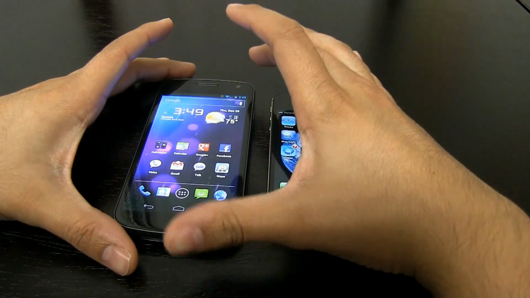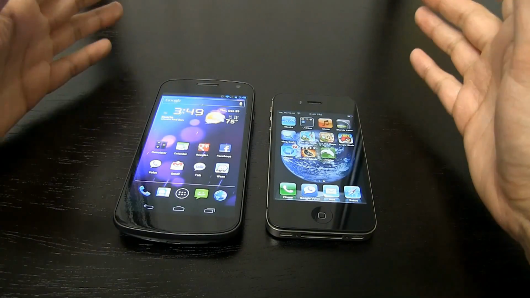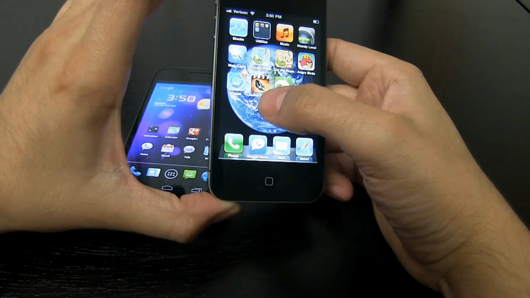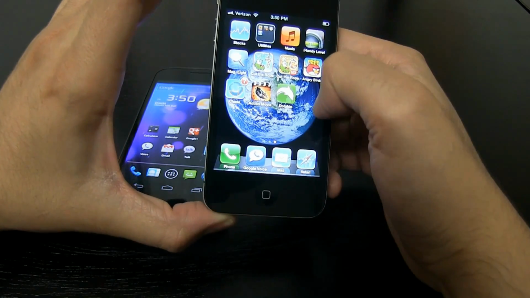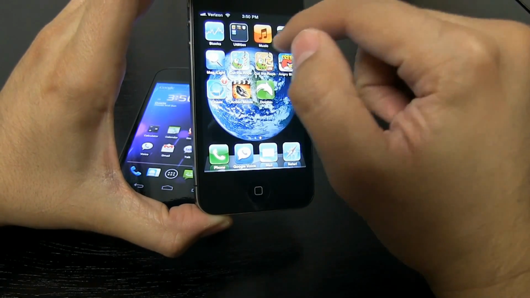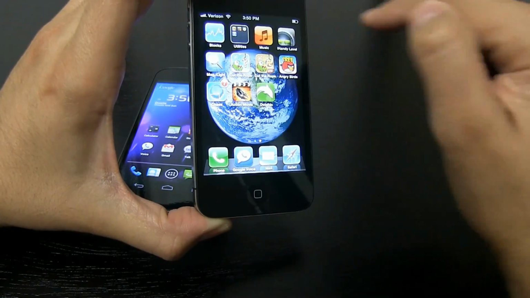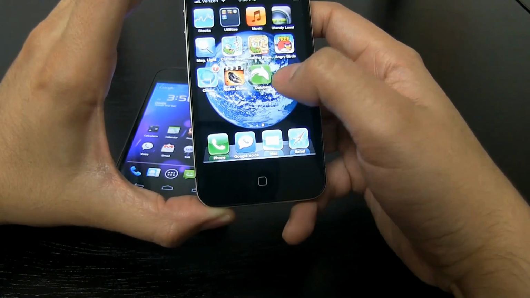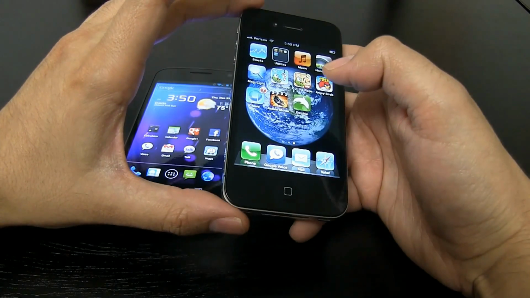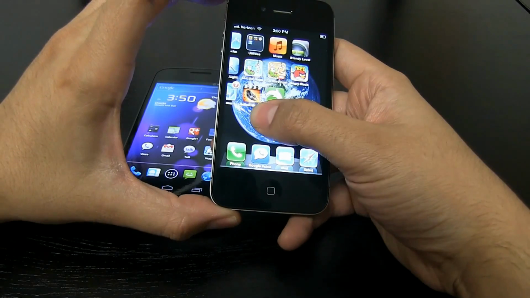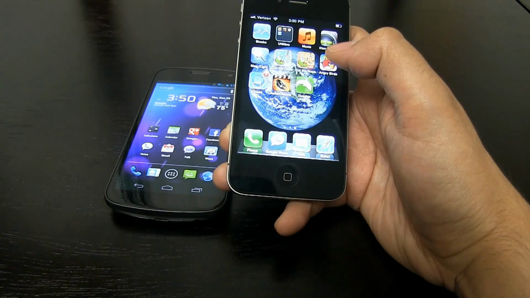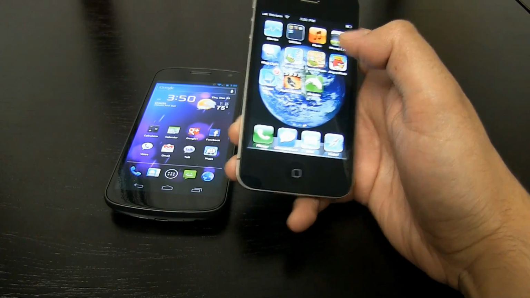The thing about Ice Cream Sandwich is that it has unified the tablet and smartphone together. Unlike iOS, if you've ever used an iPad, you'll notice that the icons on the iPad are really spread apart. The iPad can easily hold 5 icons across, but because in theory you could say it's like a giant iPod, again, it's kind of one of those things that it's annoying. When I grab the iPad and I see how spread apart the icons are, it looks to me like a system that was not thought out.